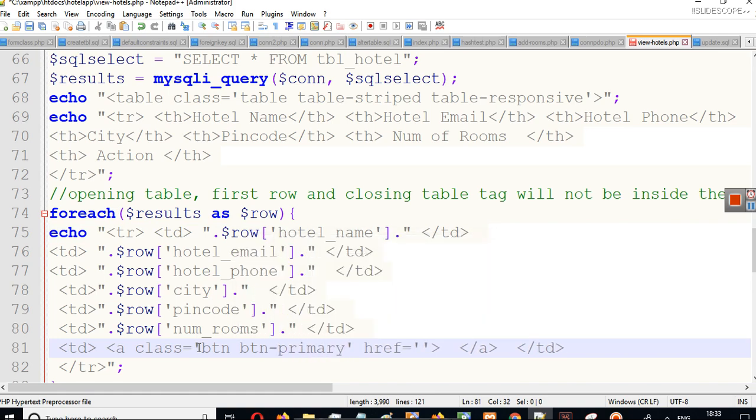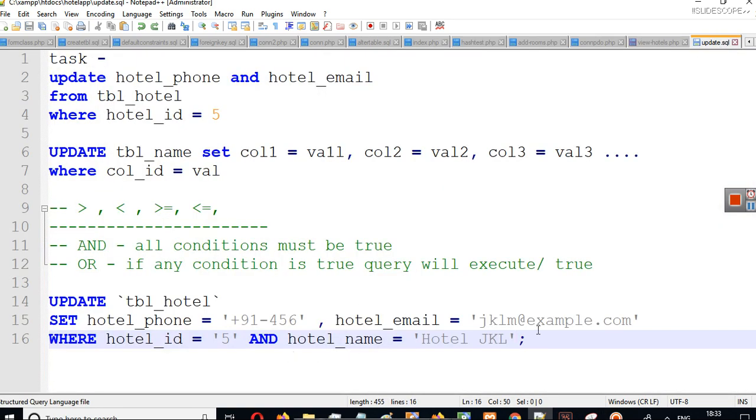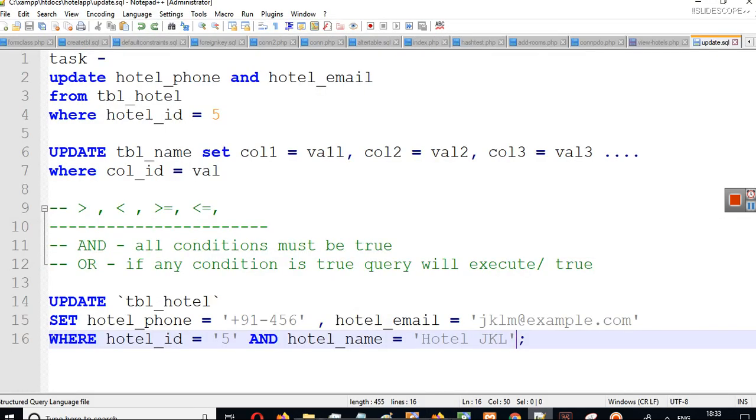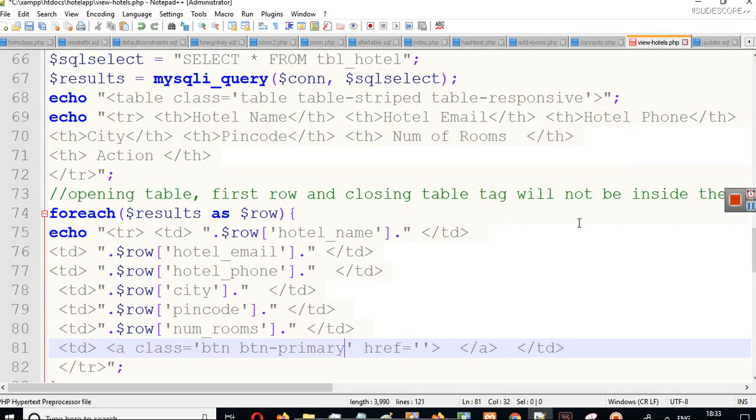Remember, this video will be in several parts because there are many steps involved in it. So first step was to learn the update query, and the second step was to test this update query directly on SQL. That's why we have these administrators like phpMyAdmin or other administrator tools, so that we can run and test our queries whether they are working or not. And then the third step is to add this edit button in your form.